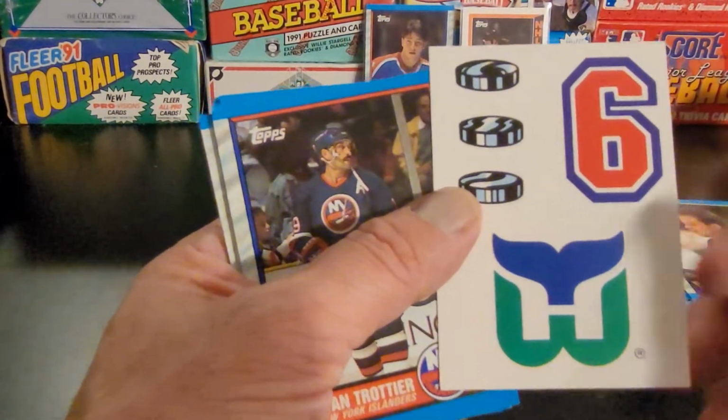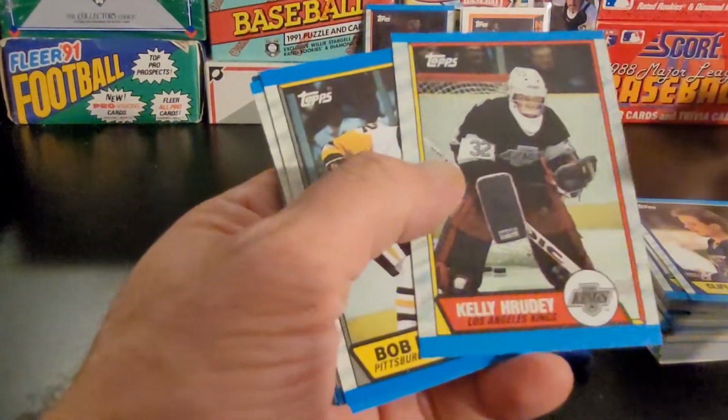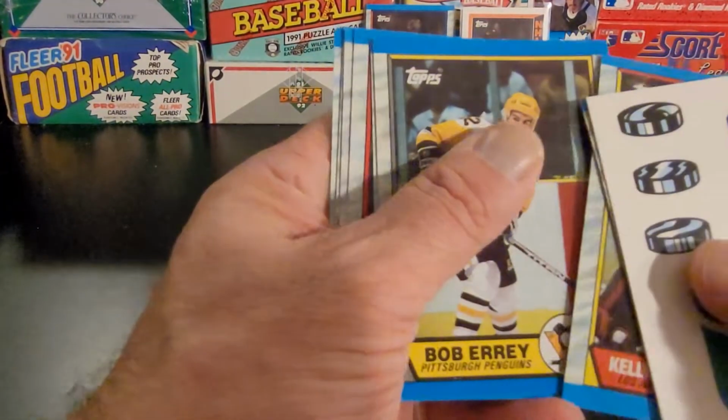It goes one way or the other. I know it's the Whalers though, so. Okay, Brian Trottier, nice. Kelly Hrudey, Bob Errey,